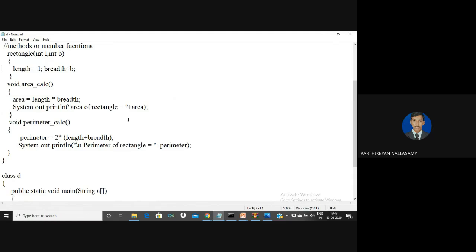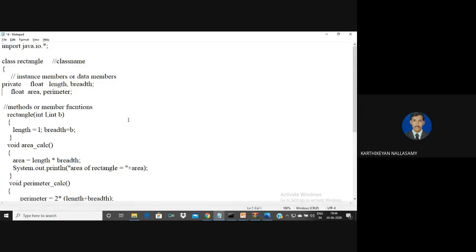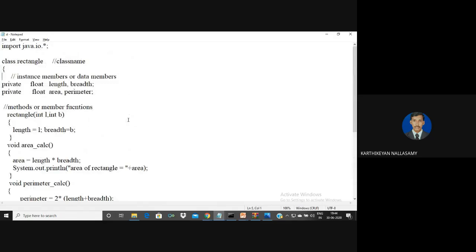If you want, we can define it like this. I'm going to make length and breadth private members. It means that we are unable to access the instance members, length, breadth, area and perimeter, outside of this class. So this is the way we achieve some data security. That is called data hiding, the hiding of relevant information from the implementation part. Even if we allow the user to communicate with the application, we try to hide all the programming parts from the user. And fourth, there is also encapsulation.